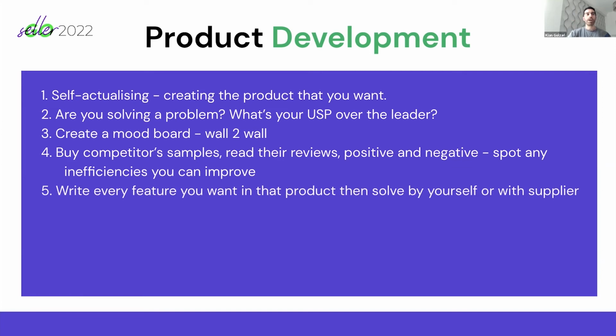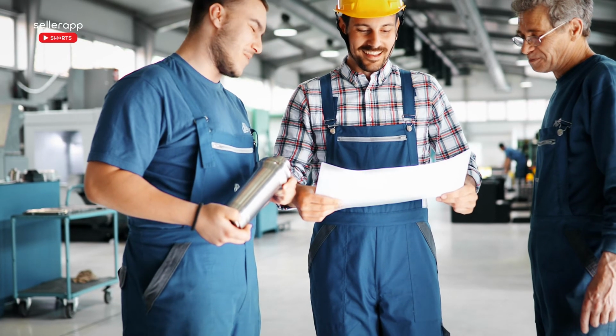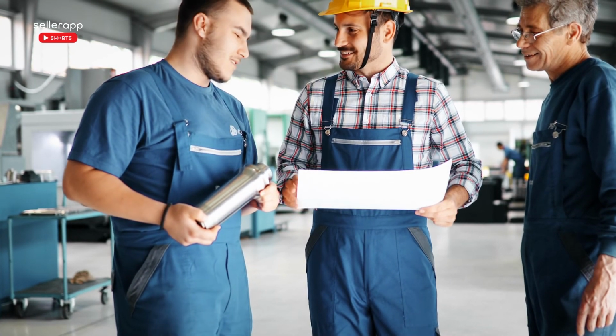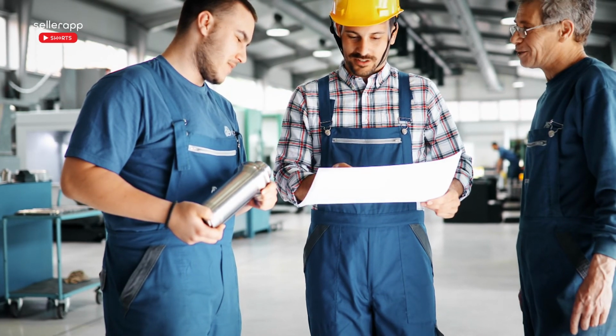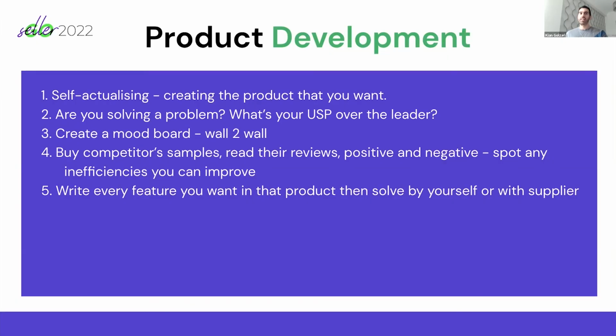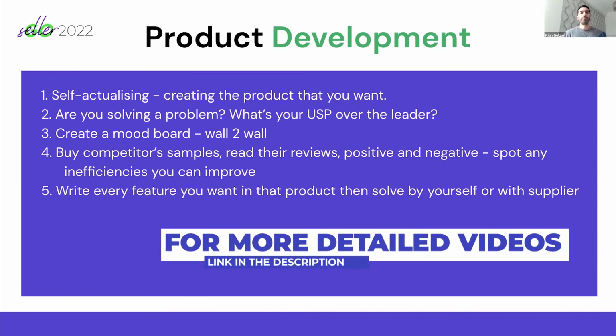And on top of that, write every feature that you want to solve in this product, and either solve it by yourself or with your supplier. And we're going to talk about suppliers shortly in the presentation, but your supplier is also manufacturing this product for different brands and countries all over the world. They're supplying sleeping bags to customers in Brazil, in Germany, in Japan. So if you're not doing it in the USA, they've been developing this product for other people. So if I'm like, hey, I've got this feature, I don't know quite how we're going to make it, but what do you suggest? They're going to come back to you like, all right, okay, cool. Well, we did this in Japan, we did this in Brazil, and just really have a working relationship with them,